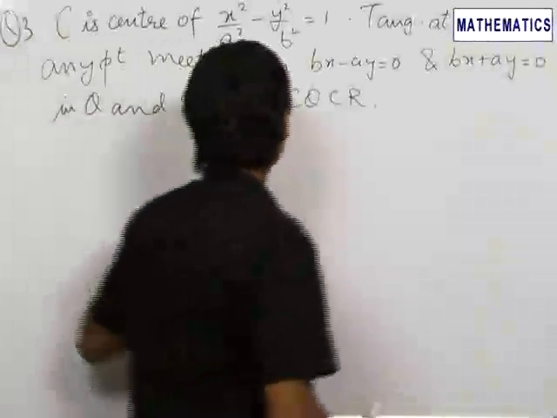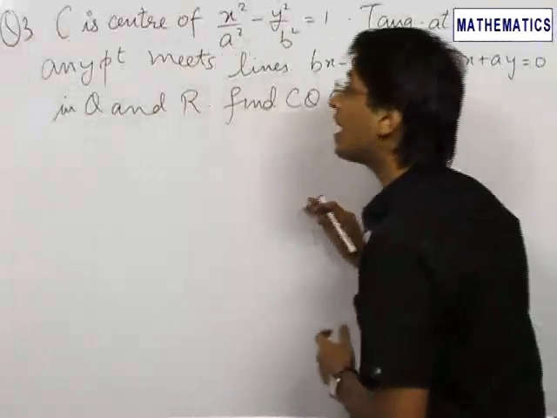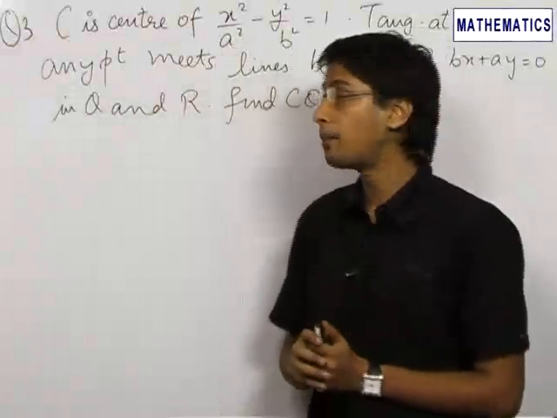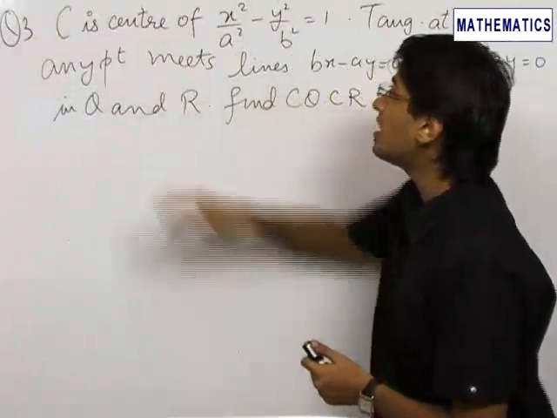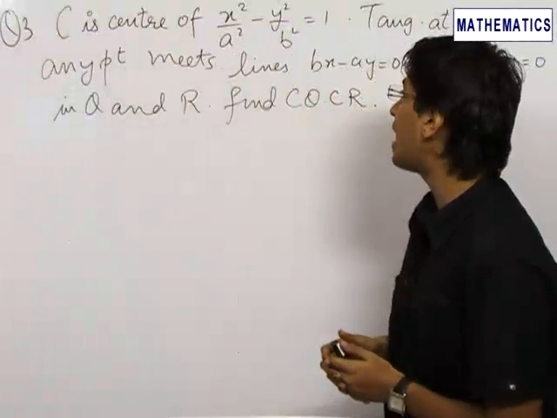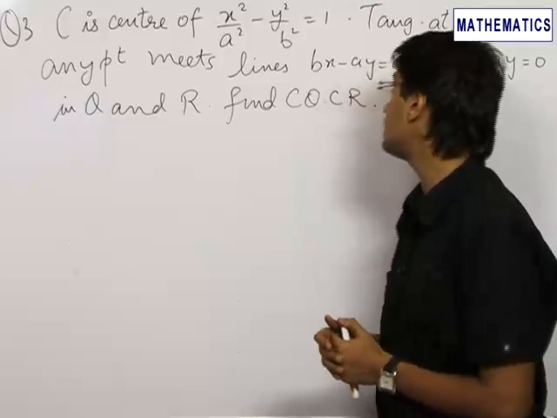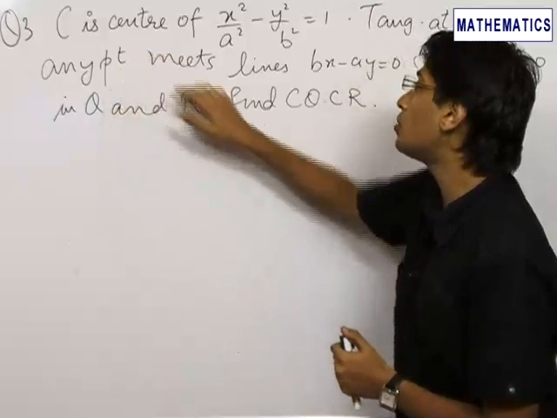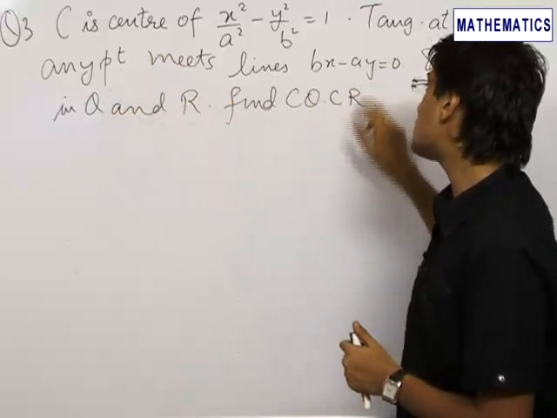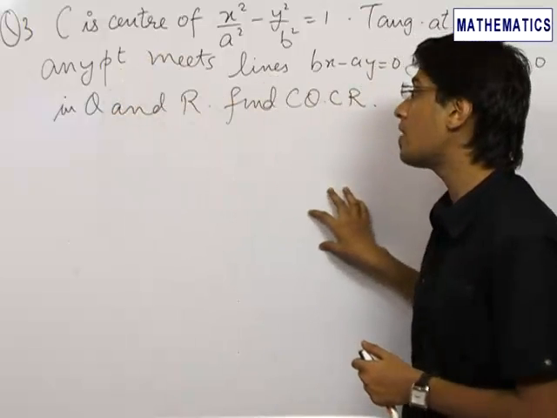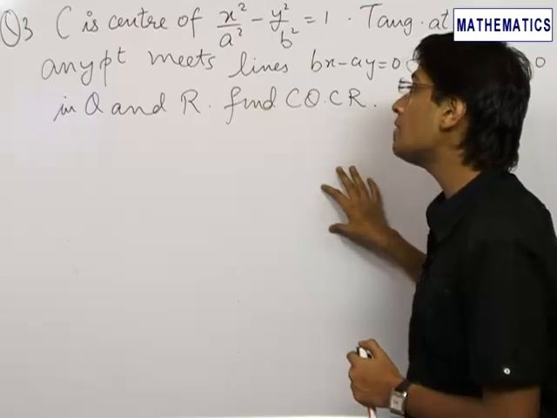Our next problem is related to the asymptotes of a hyperbola. We are given that C is the center of the hyperbola x square by a square minus y square by b square equal to 1. Tangents at any point on this hyperbola meet the lines bx minus ay is equal to 0 and bx plus ay is equal to 0 in Q and R, and we need to find the value